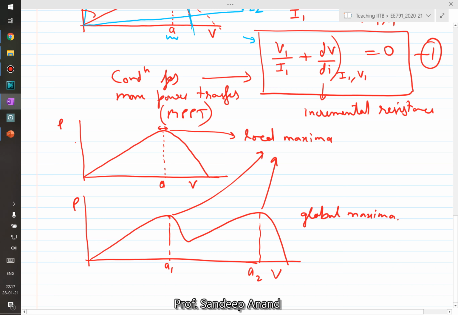In our next video, let's start with the simpler situation, case A, wherein there is only one maxima, which is the local maxima and also the global maxima, where we would be utilizing condition 1 to find it. Subsequently, if we have additional time in the course, we would talk about some example of how to find the global maxima for case B.